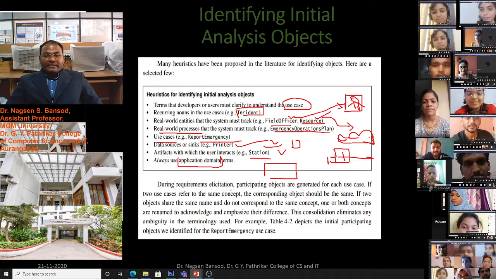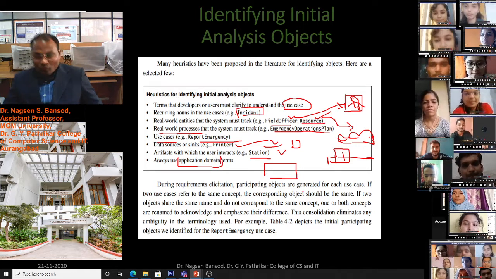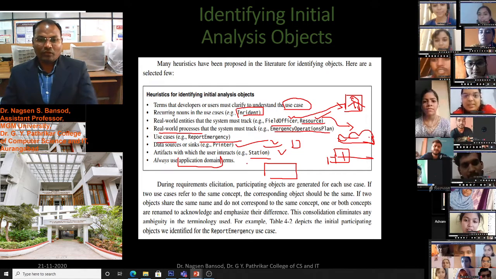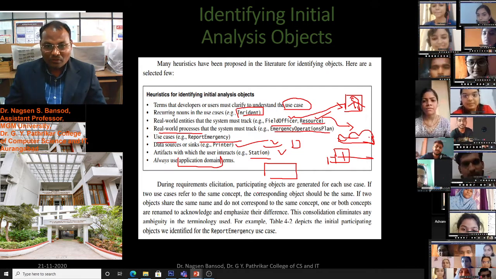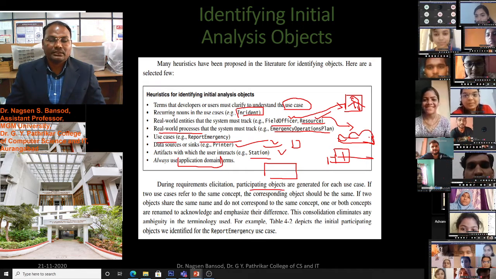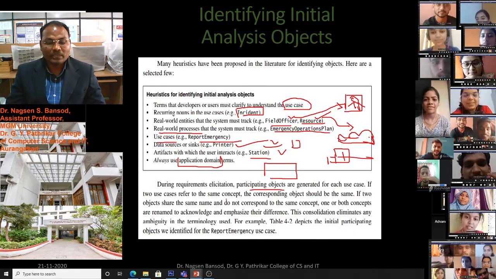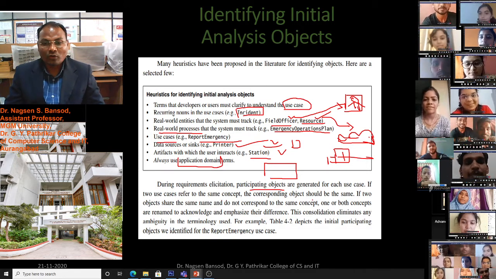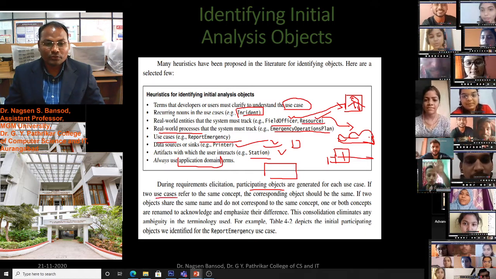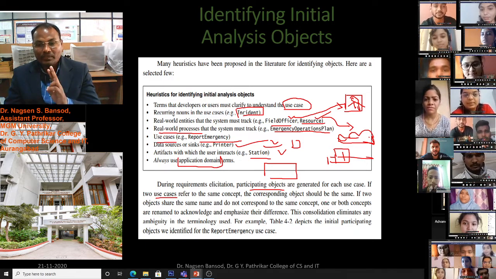During the requirement elicitation, participating objects are generated for each use case. And if two use cases refer to the same concept, the corresponding objects should be the same.